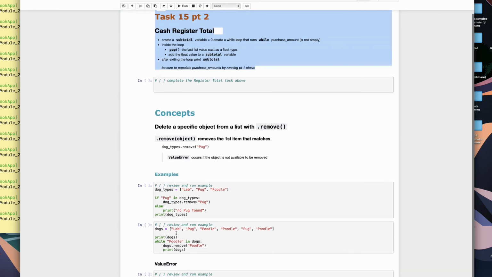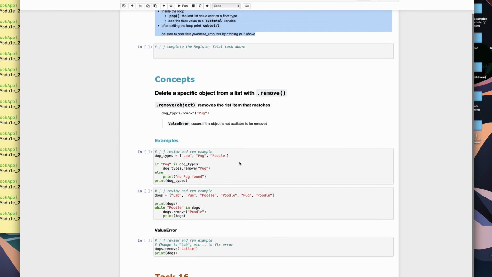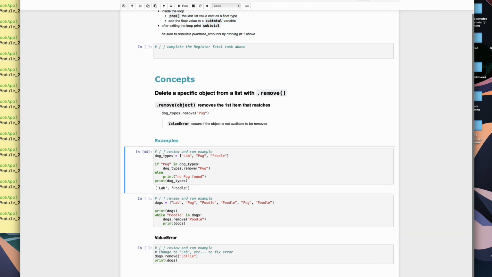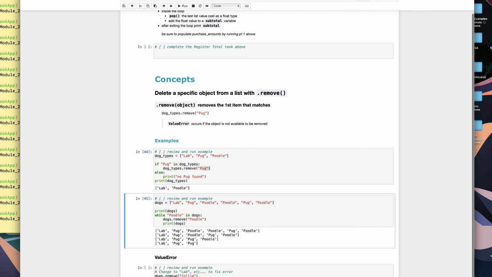Remove is a little different. So remove removes the first item that matches. So this is a way to find something and take it out. So if we do a remove dog type, so if I run this down here, and we can see it says remove pug, and it only takes out the first one. So if we had 2 pugs, so down here if we run it again, notice we still have, it removed poodle,